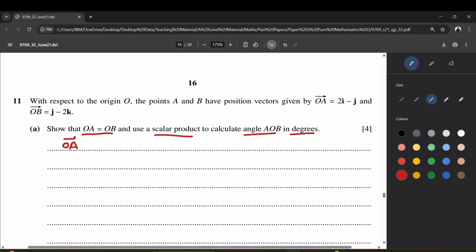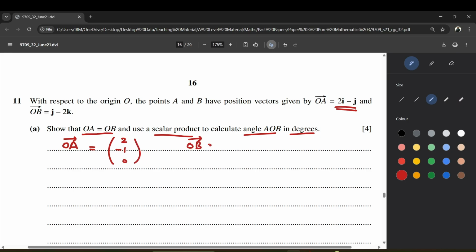So we have OA, and I prefer doing the calculations in column vector form, because they're easier to deal with, and then in the end we can give our answer in this notation. If we are asked to give a position vector of any point, we can give our answer as the final notation in this form. But the calculations we can do in the form of column vectors. So OA is 2i minus j, there is no k component, that means that will be 0. So it will be (2, -1, 0)